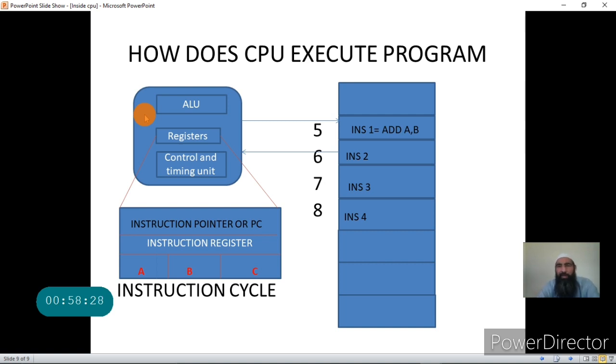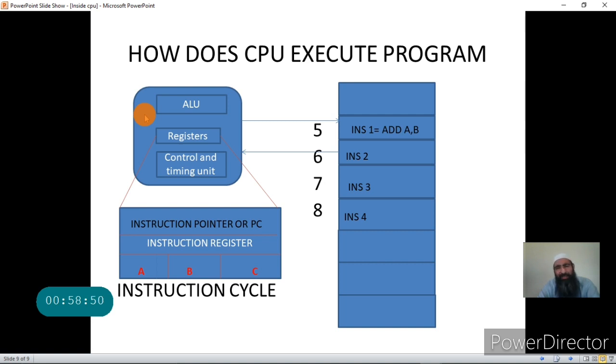I hope in this lecture I have made you understand how the CPU executes the program. The CPU executes the program by fetching the instructions one by one, decoding each instruction and executing it, then fetching the next instruction, decoding it and executing it.